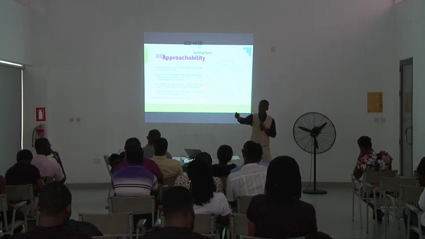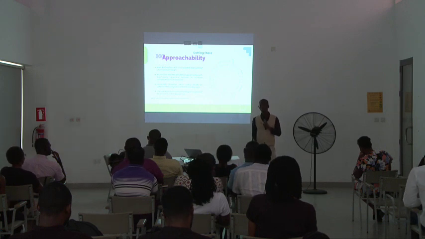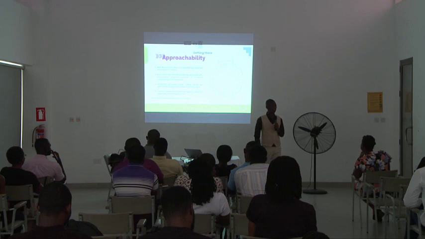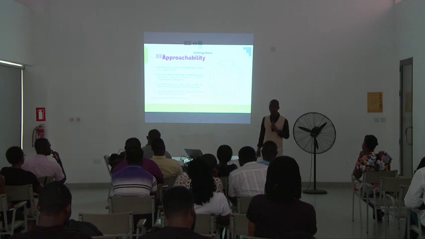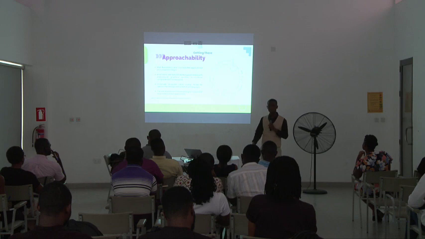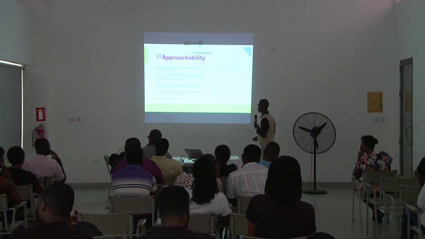So if you drive in, for instance, on approachability, you drive in here, there's no symbol showing that this is where the person with disability has to park. You go and park somewhere, somebody will come and park behind you. And then when you come out with your crutches or whatever, somebody is in your way. So always the parking lot has to be provided, and outside there has to be one too.